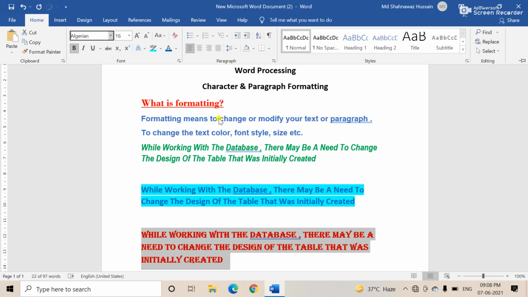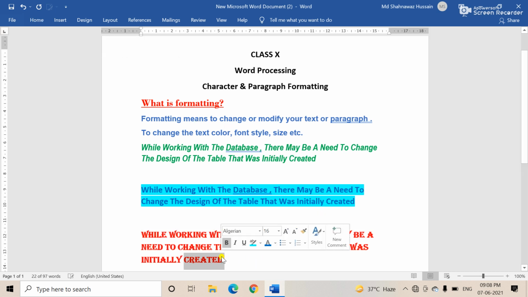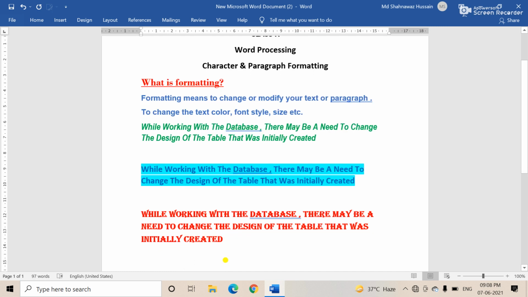Formatting means you change the text style, text color. I have written already, and I showed you the practical way. I hope all of you understood. And the other things, here are many options. Here is the superscript. This is the subscript. Okay, I will show you. See, subscript and superscript I will also show you.